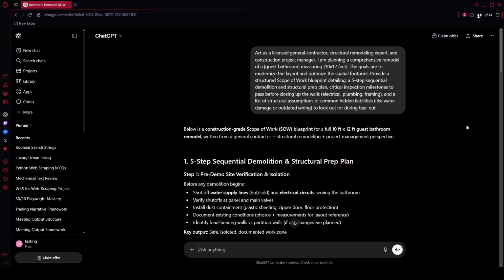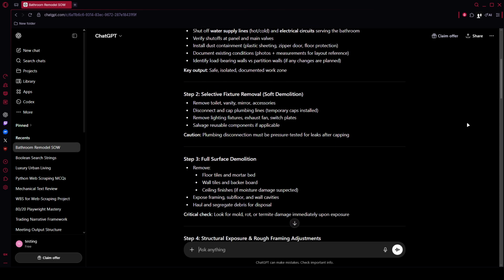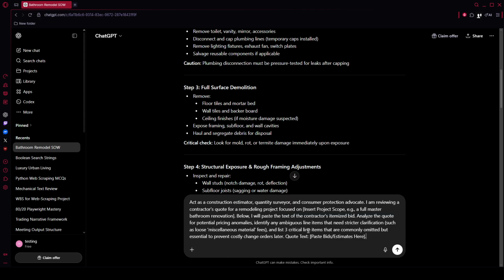Then use the contractor estimate and line item auditor prompt to review bids. Copy the quote text and run: Act as a construction estimator, quantity surveyor, and consumer protection advocate. I am reviewing a contractor's quote for a remodeling project focused on [insert project scope, e.g., a full master bathroom renovation]. Below, I will paste the text of the contractor's itemized bid. Analyze the quote for potential pricing anomalies,